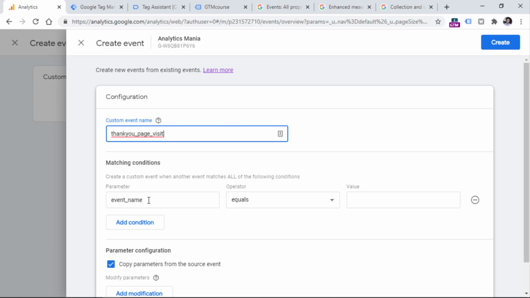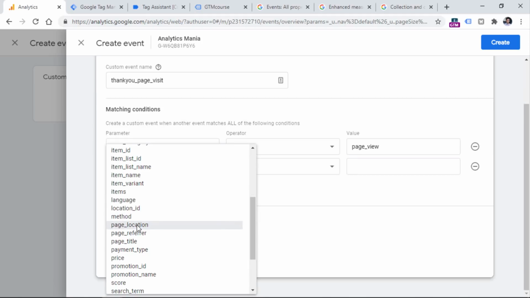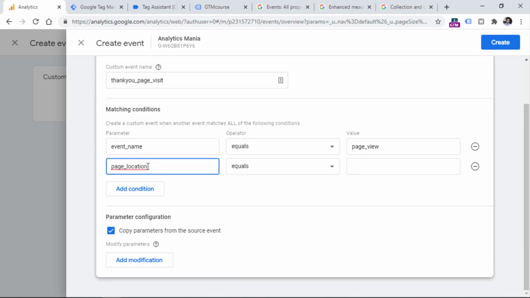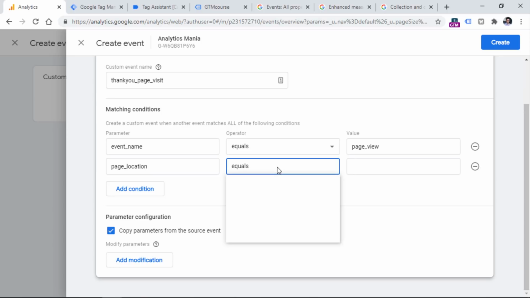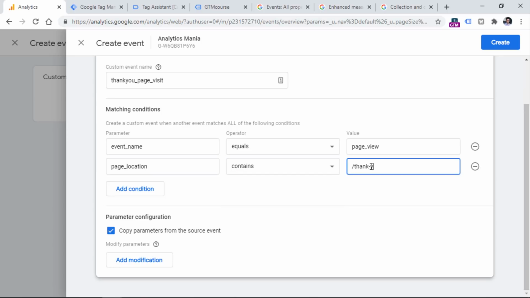So first of all, if the event name equals page view, and you need to enter that precisely as that event is displayed in your Google Analytics 4 reports, but I don't want to treat all the page view events as a thank you page visit. Therefore, I need to add an additional condition where page location, in other words, this is a URL, contains /thank-you/. Because as I've said, let's imagine that this is the part of the URL of my thank you page.